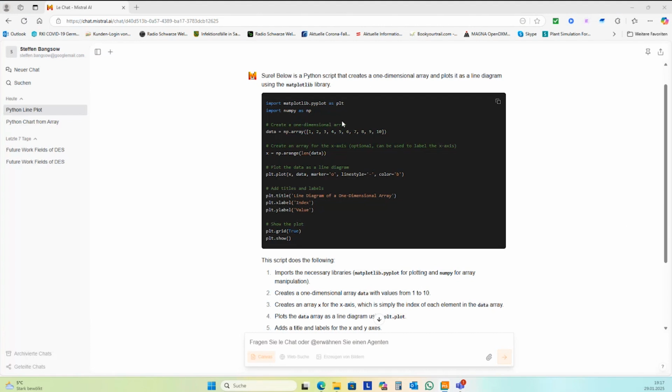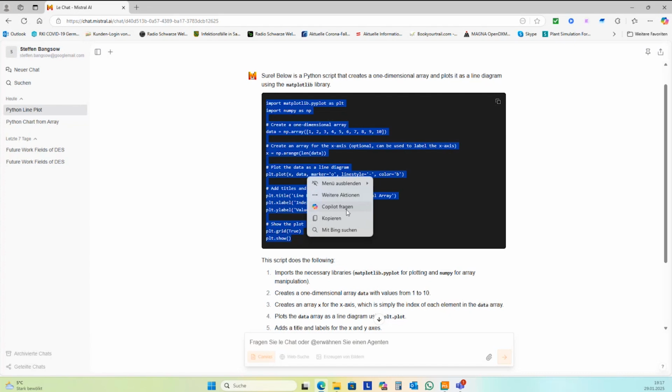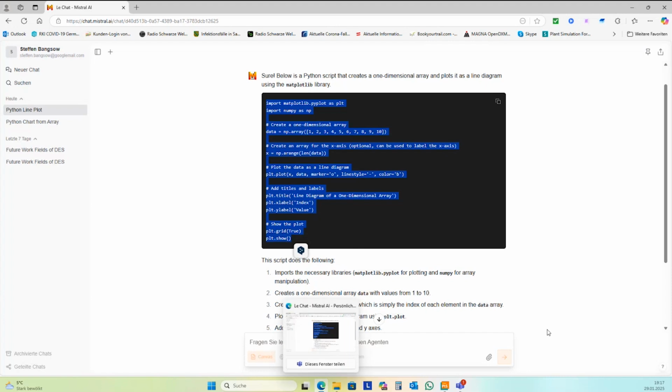Okay, I copy this stuff here from Mistral. If you have a non-paid version of ChatGPT, it's smaller. It's the formatting of this diagram.